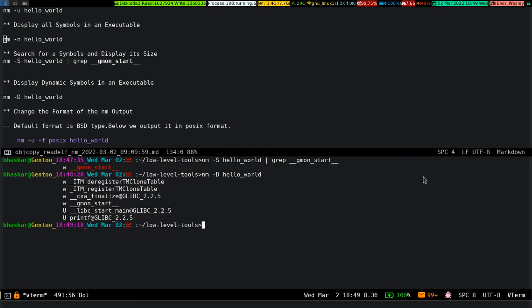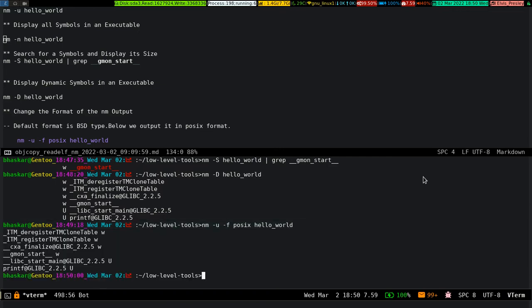now if we want to change the format, by default the format is BSD format. In this case we are going to change it to POSIX format. Hyphen F is the flag. Okay,